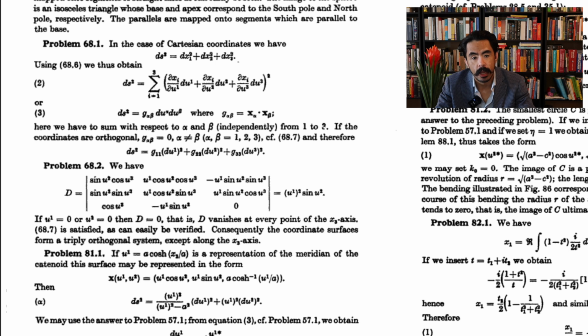We have capital D equal to this Jacobian equal to a determinant that is 3 by 3, and we're going to go column-wise, starting with sine u2 then times cosine u3, and then sine u2 then times sine of u3, and then cosine of u2. And then in the next column, the second column, we have u1 times cosine of u2 times cosine of u3, then u1 times the cosine of u2, then times the sine of u3,